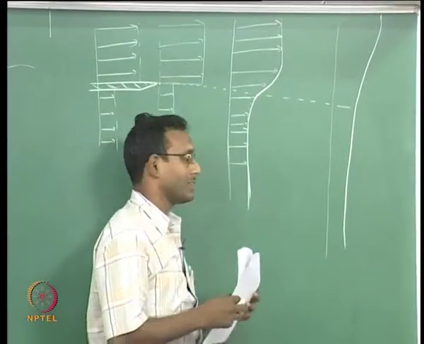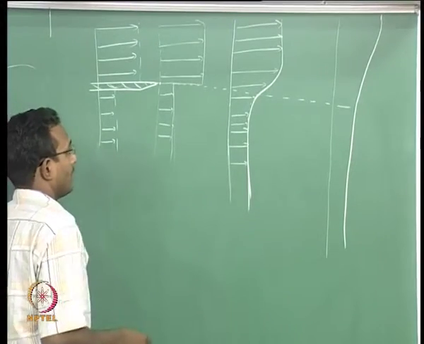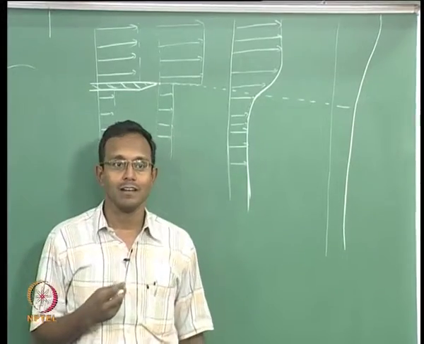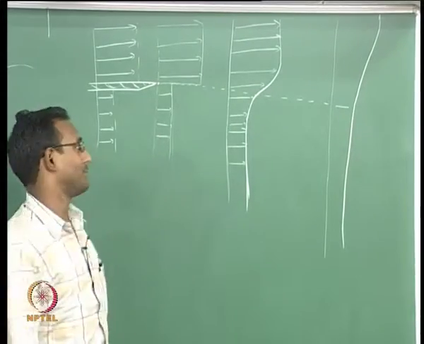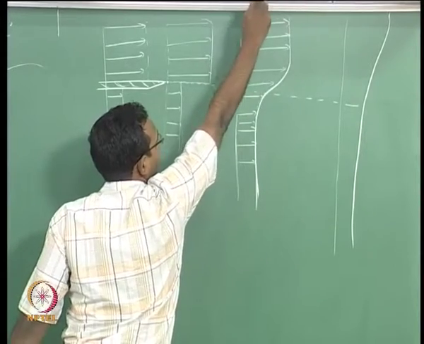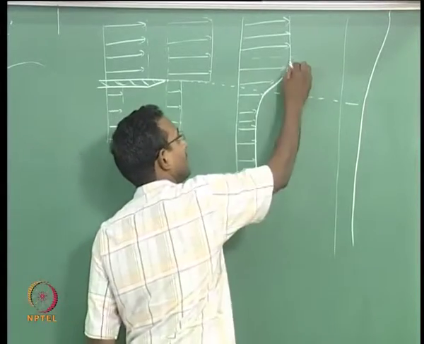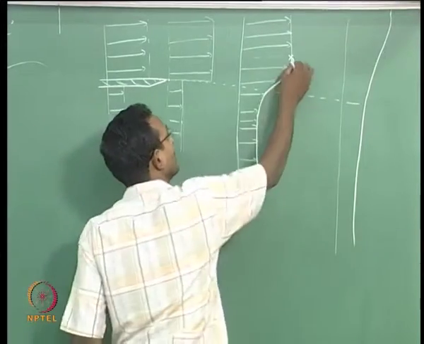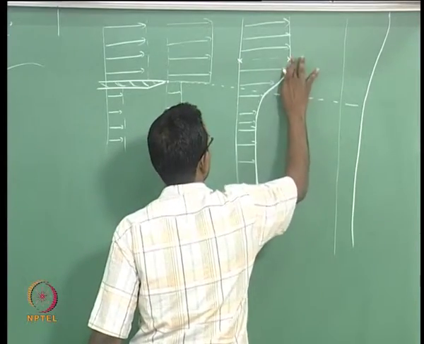Now, if I think about drawing a boundary for these things, I have to define something as my boundary. What do we do in boundary layer? We will say that at the edge the velocity is the same as far away. I will use the same concept here. When I look at far away on the top, that value is the same as some value here. So, I am going to call that my edge. That point is my edge, which corresponds to this location here in physical space. This is just a profile, remember.